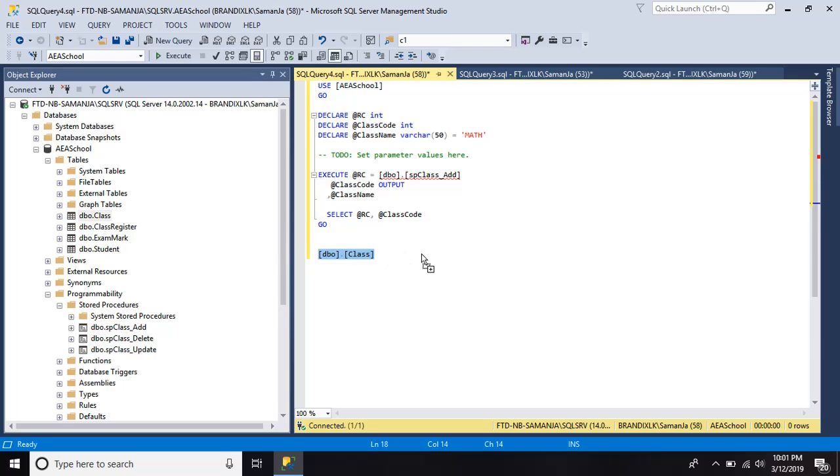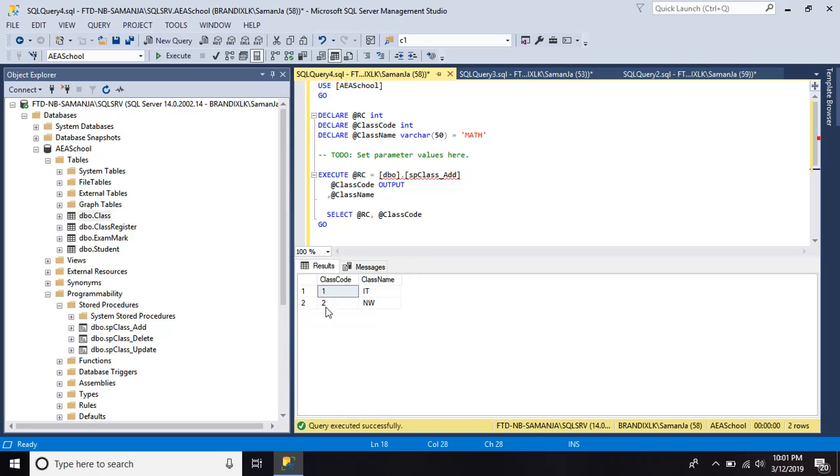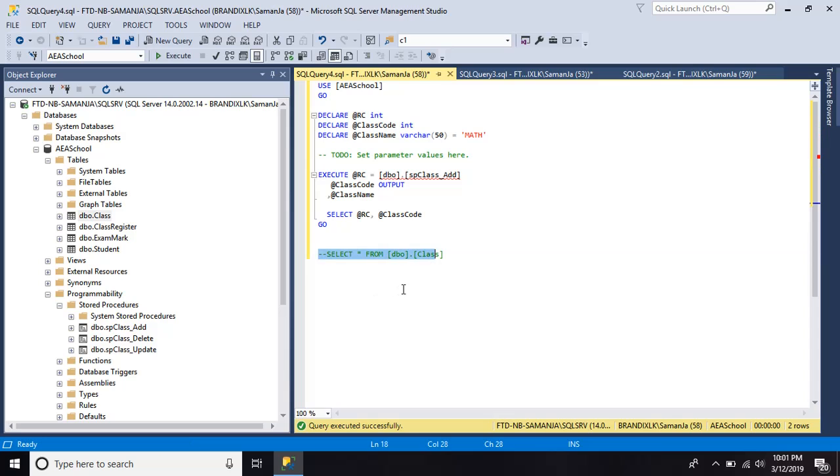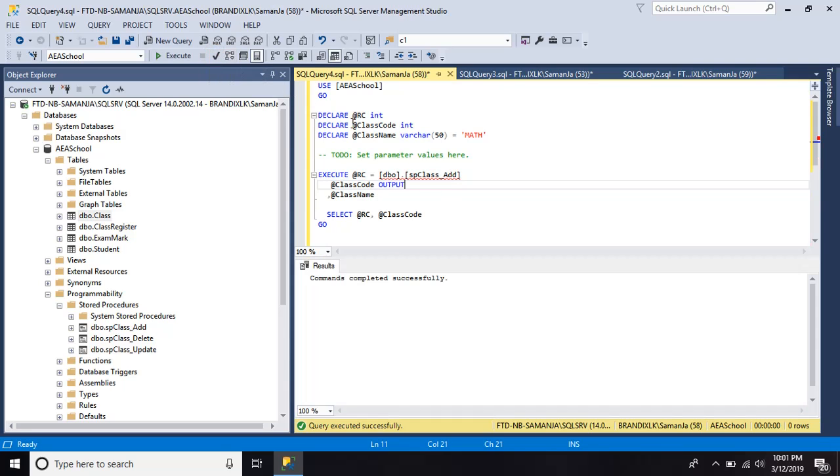And if you check this stored procedure, if you check your class detail here, if you write a select statement, select all from, it has two records. The next record class code will be number 3. So we'll comment this one using Control K and Control C. And now we are good to execute this